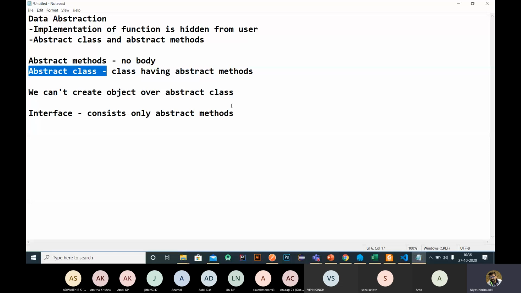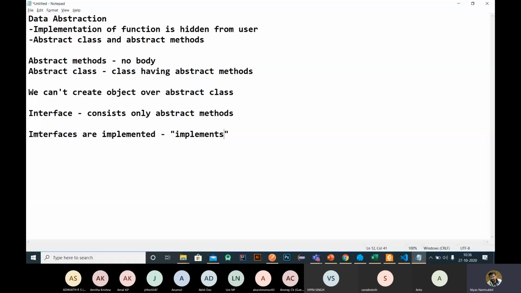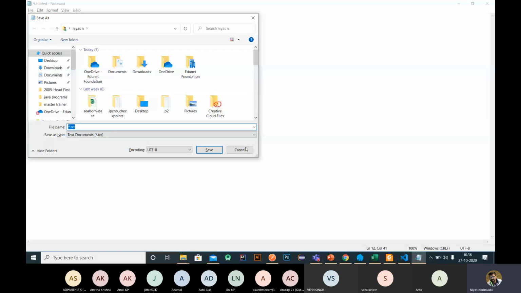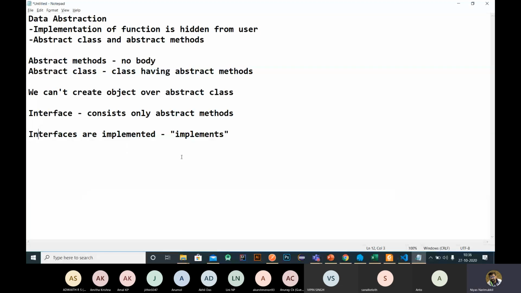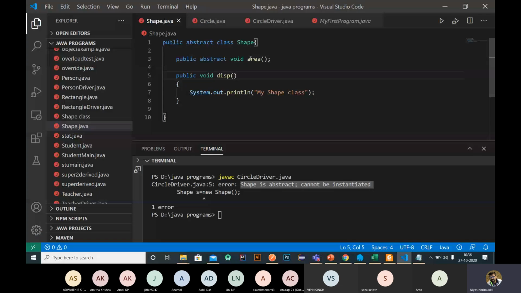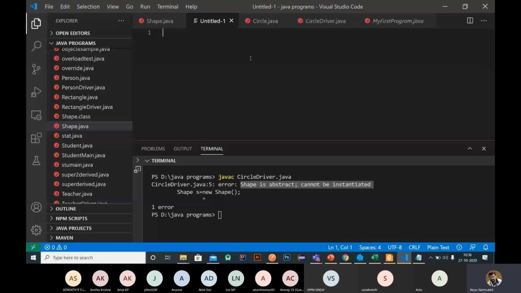Let me show you how to create an interface and how we can use that interface to create an object. Now we are going to create an interface, not a class. An interface can be created with the keyword interface, then the name of the interface.